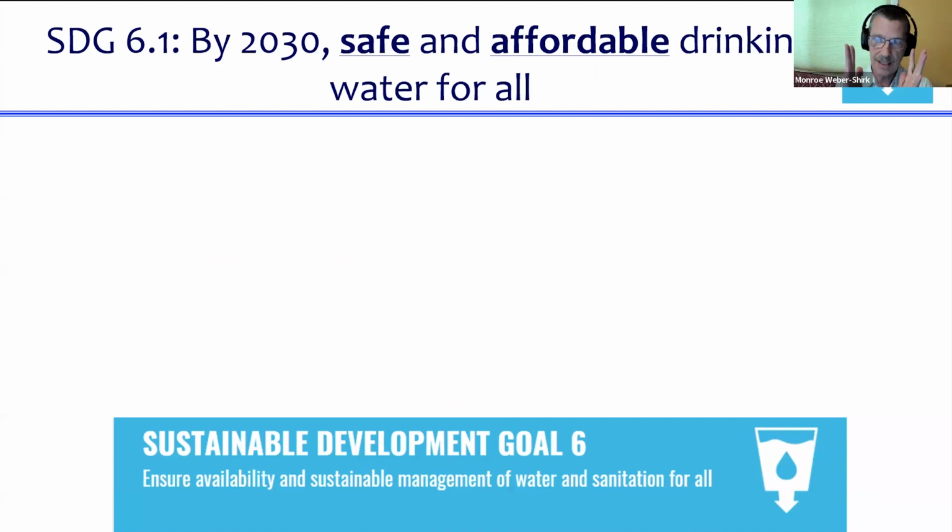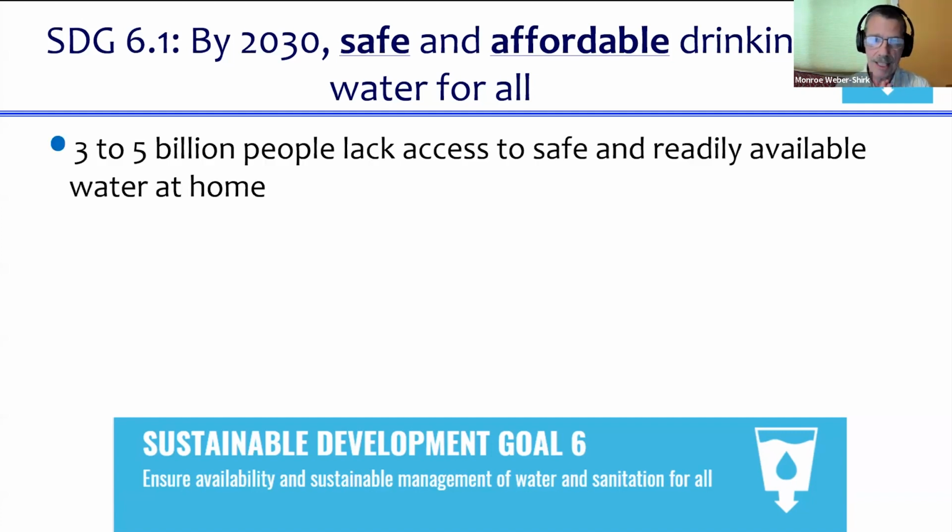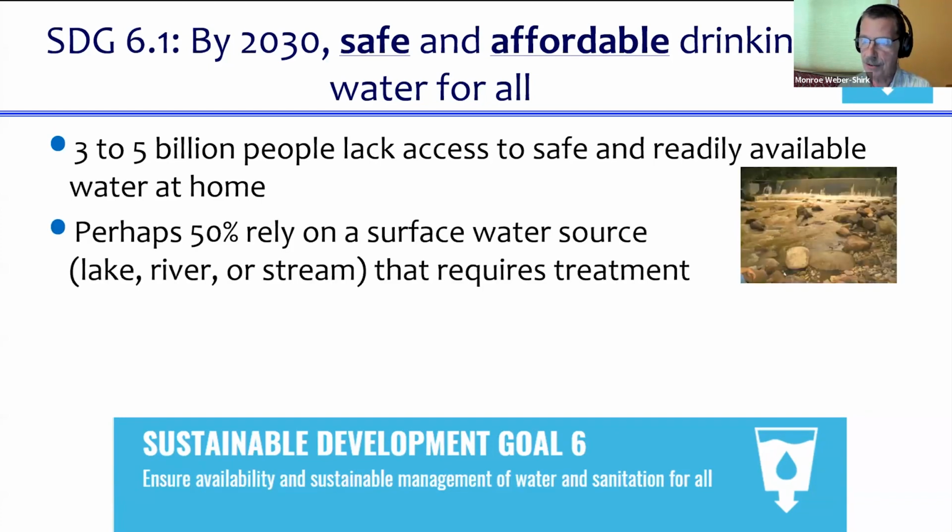Within Sustainable Development Goal 6, if you go down to 6.1, that's where we come in with the goal of providing safe and affordable drinking water for everyone. Now, the problem is that we don't really have a good estimate of how many people don't have access to safe and affordable drinking water. It's somewhere above 3 billion people, which is an incredibly large number, even given the 9 billion that are living on this planet. So a large number of people don't have access to safe drinking water.